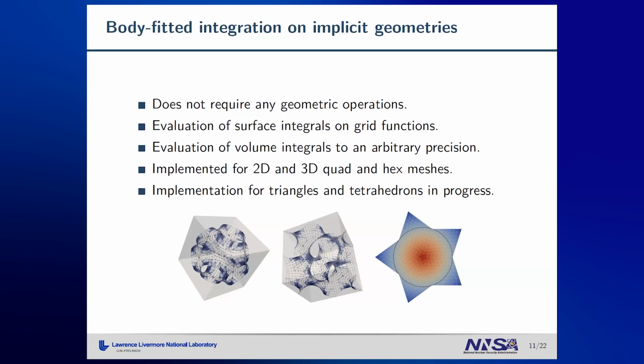So what I'll talk about here is implicit shape representation. And to do this, we need to do exact integration on the level set functions, which are representing our shape. And this is already added. So there is exact body-fitted shape integration by using an external library in NFM. And currently we are working on a native NFM implementation, which hopefully in the next one or two months will be pushed into the repo.